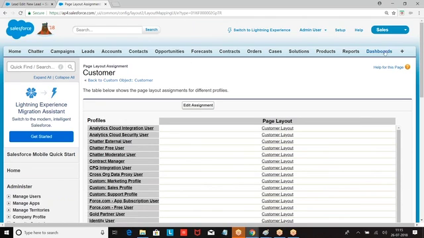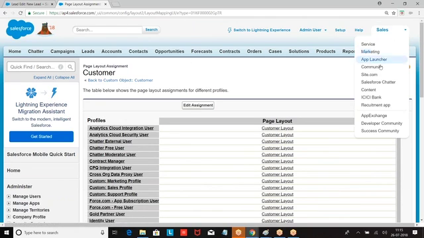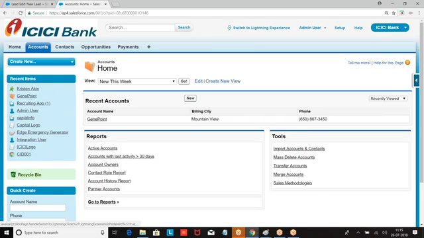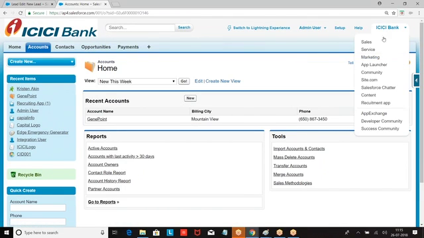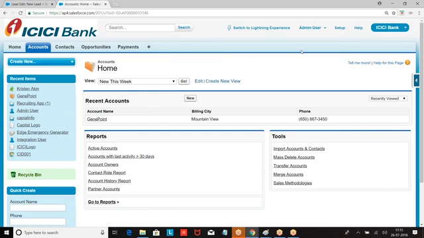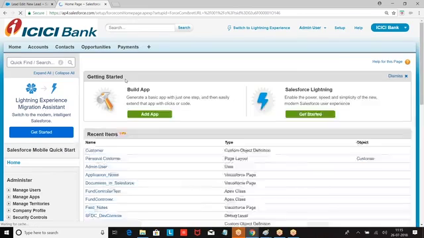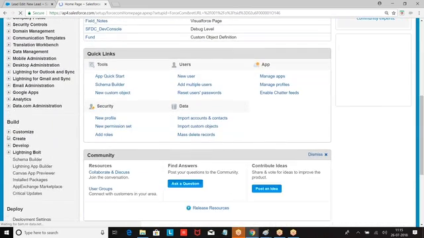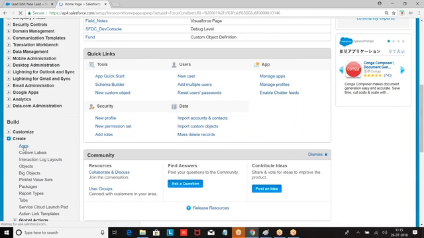Now what I am doing now? Go to this ICICI Bank. The object is not added to this. Go to apps.